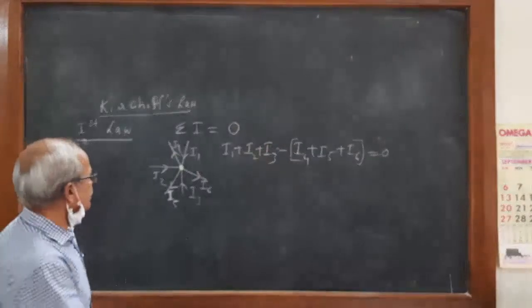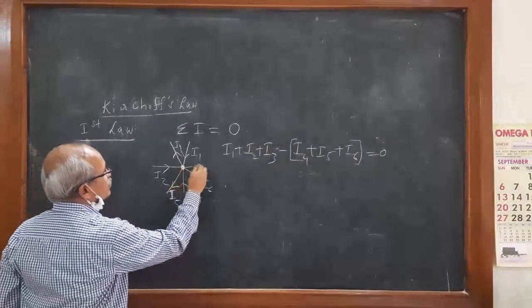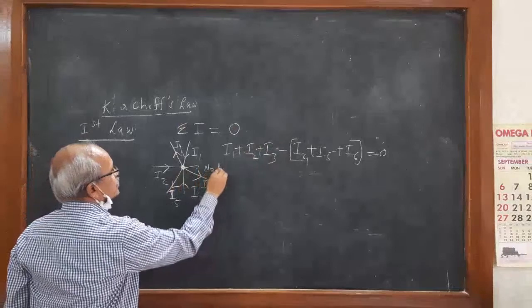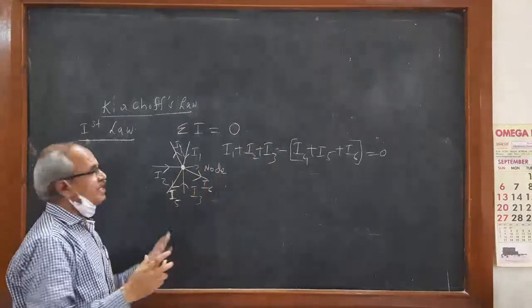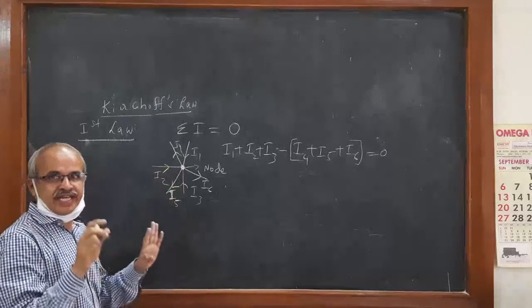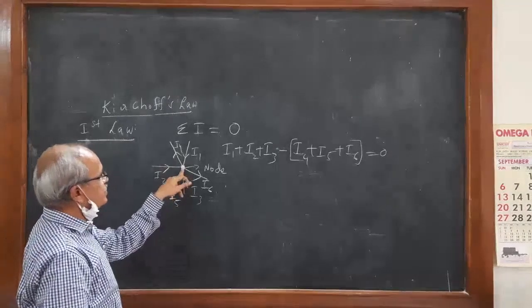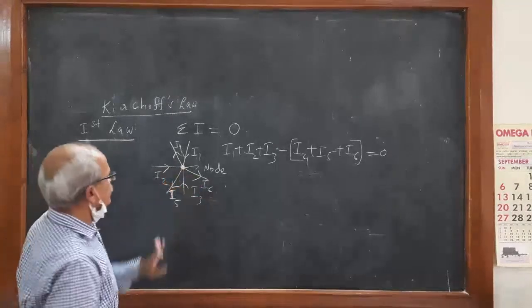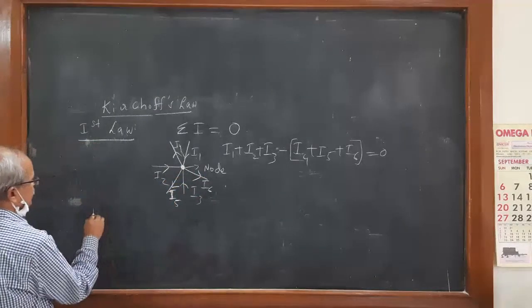So this point is a node. Where all the currents meet, that point is called a node. In an electrical diagram, there is a point. Okay, so it is the first law. Second law